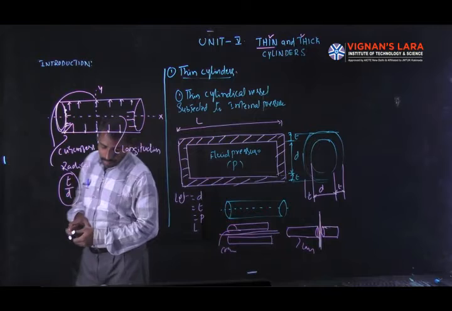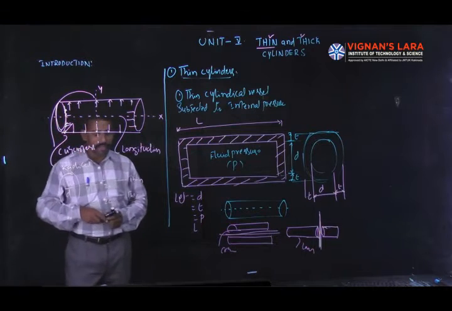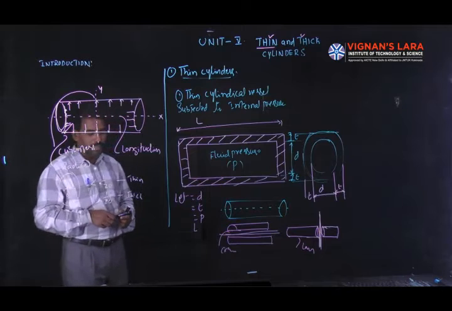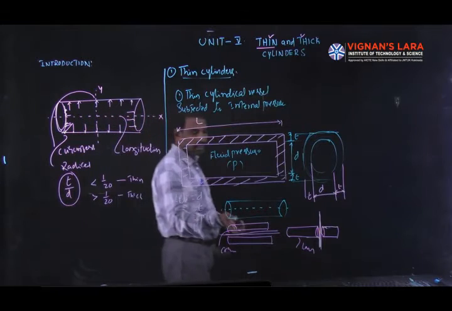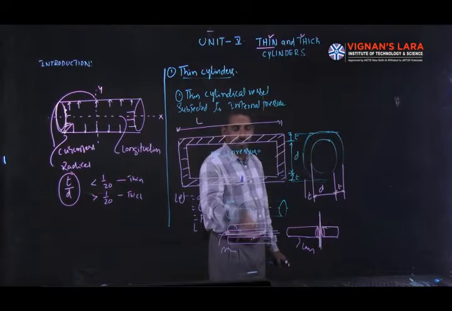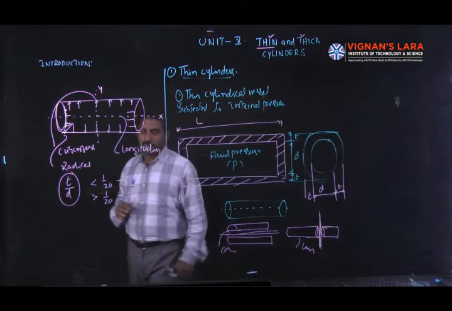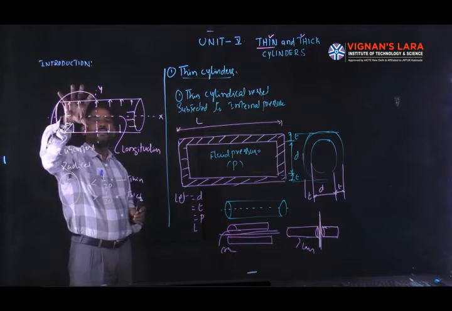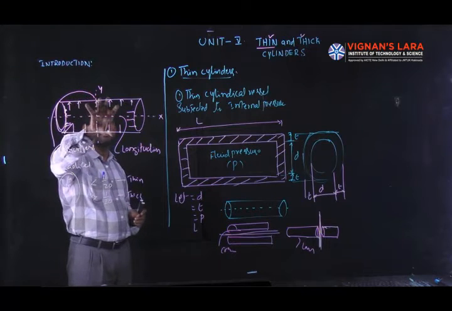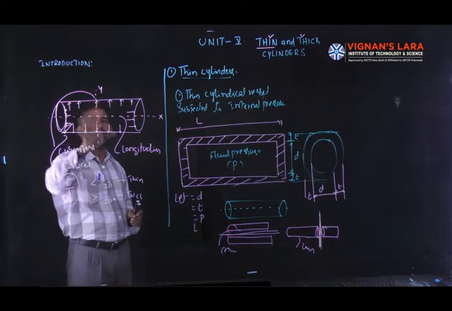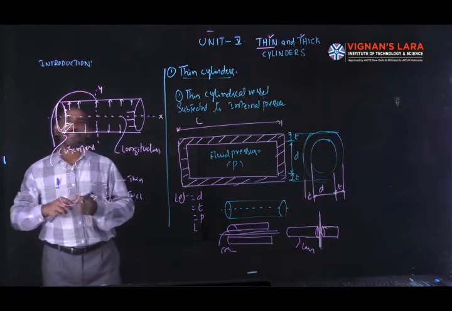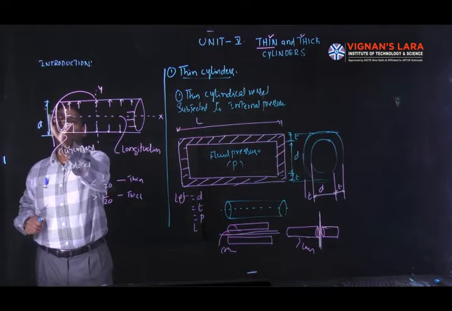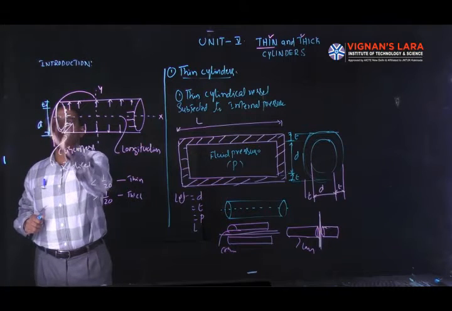This is very, very important. Then we have to formulate the mathematical equations for determining the stresses induced by the particular material. Suppose you observe the first diagram: this is a cylindrical vessel made of a particular material with a particular dimension, say this is the diameter of the vessel with a particular thickness. So this is the thickness.